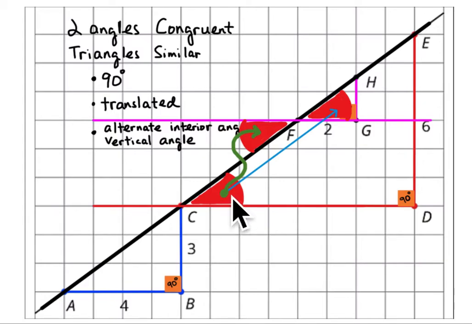So if I rotate this 180 degrees, the center of rotation is right there. Rotate it 180 degrees over to here. This angle is going to be equal to this angle. Again, it's a rigid transformation, not changing the size of the angle. Remember, when you rotate something 180 degrees, the corresponding points are on a straight line through the center of rotation, opposite of each other. So this C is going to rotate to F,